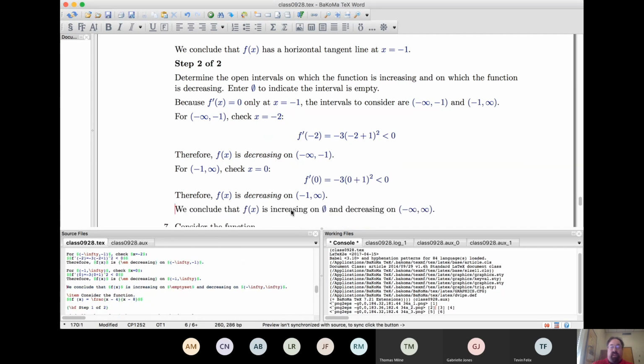So it's increasing nowhere because it was not increasing on either interval. For the answer, what you put in Hawks is you join these together. It's decreasing everywhere. So you can say from -infinity to infinity. Now, I will point out that if you were to simply enter these two intervals in for Hawks, I'm